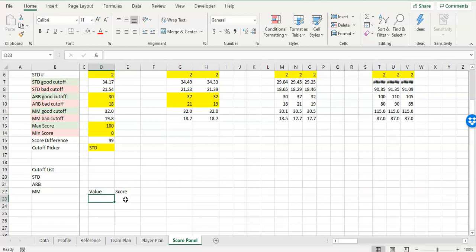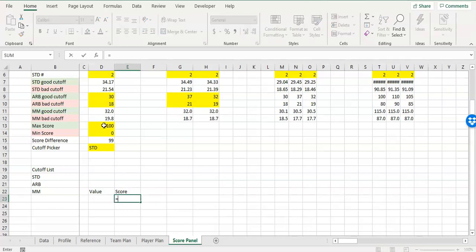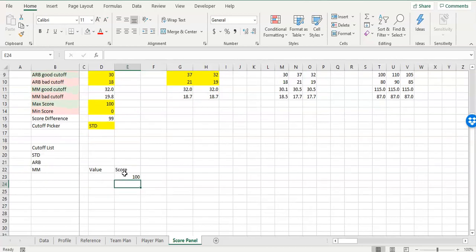Now, our best score is going to be whatever we set it to. So I can say equals this. That's our max score. Click enter. But now, what is the next value going to be? Well, it's going to be 1 minus our max score. But at a certain point, we're going to get to 0 and we're not going to want to go any